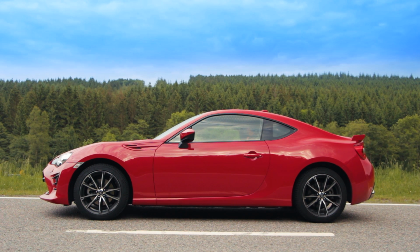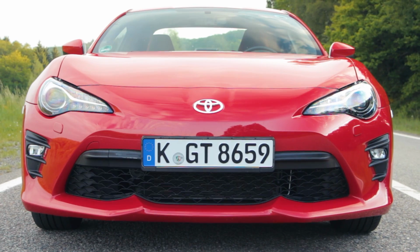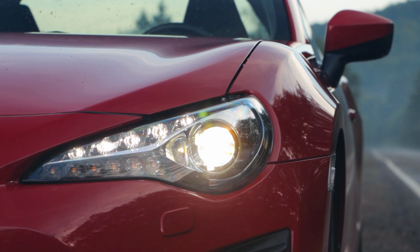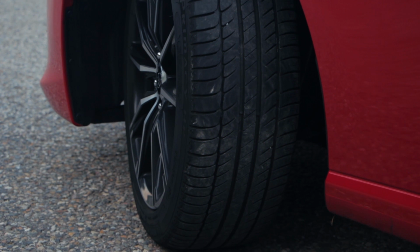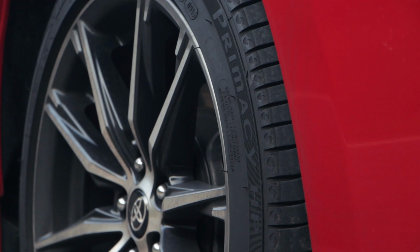For this 2017 facelifted version, they did the usual stuff. They swapped the bumpers, you get LED headlights, new taillights. The LED technology for the headlights works properly well. The light is extremely bright. These tires are 215/45 R17s, and 215 is actually wide enough for the GT86, but somehow it looks like it's